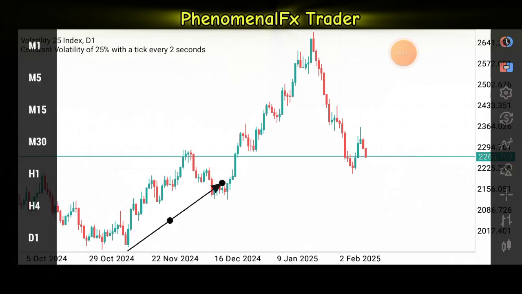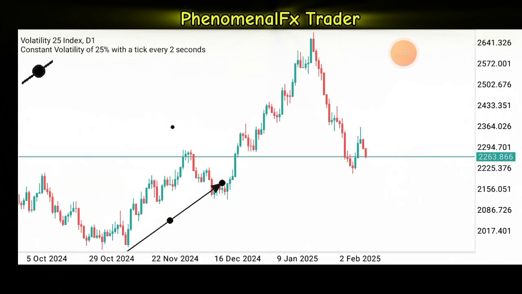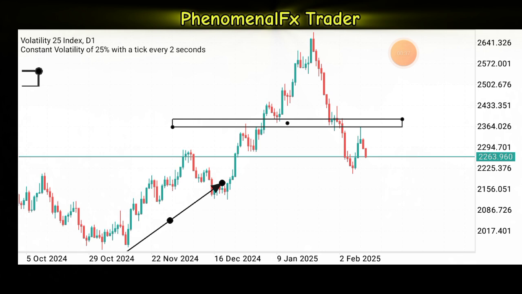So we immediately marked this. All right, so this is the zone and the market is reacting to that zone. If you see the market, on getting to this level, it rejected and started buying to this zone. Then, based on the movement of the market, looking at what we see here,